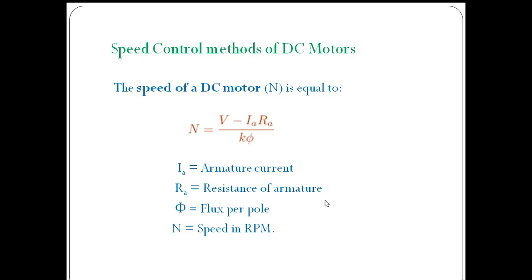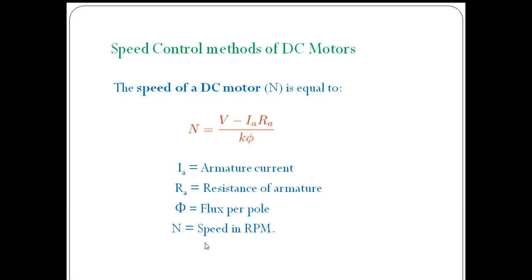Actually, a DC motor is a device which will take electrical energy as input and convert that energy into mechanical energy in the presence of a magnetic field. The motor will run when it is taking electrical energy as input, and the armature of the motor will rotate by converting this electrical energy into mechanical energy.